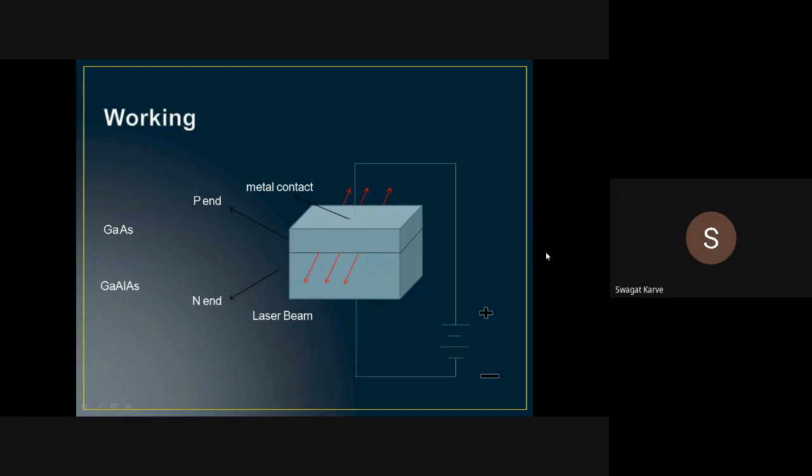Structural arrangement and even working is the same. The only difference is, in case of homojunction there is one junction, in case of heterojunction there are two junctions. This is the only difference. Else everything is the same in case of homojunction and heterojunction, right? In case of homojunction there is only a single junction. In case of heterojunction, there are two junctions. Rest everything is the same,